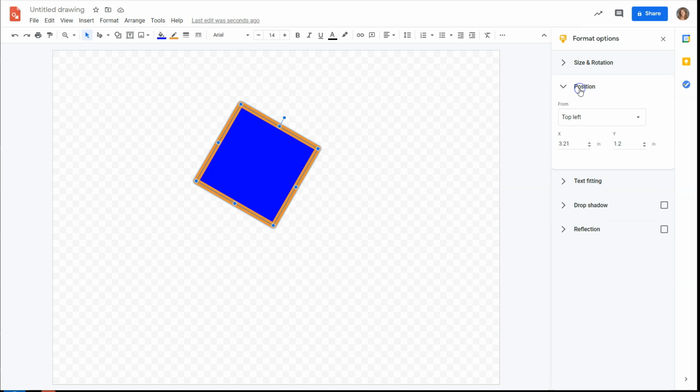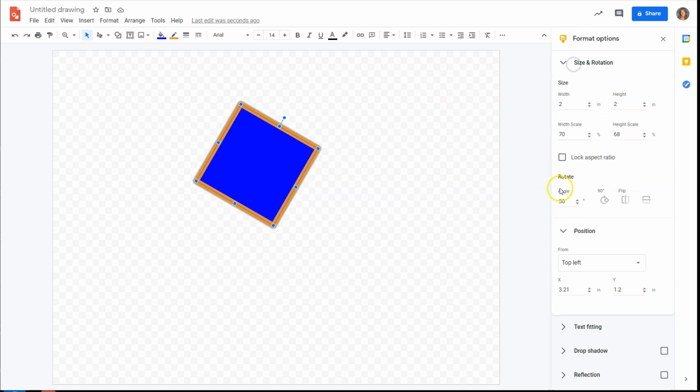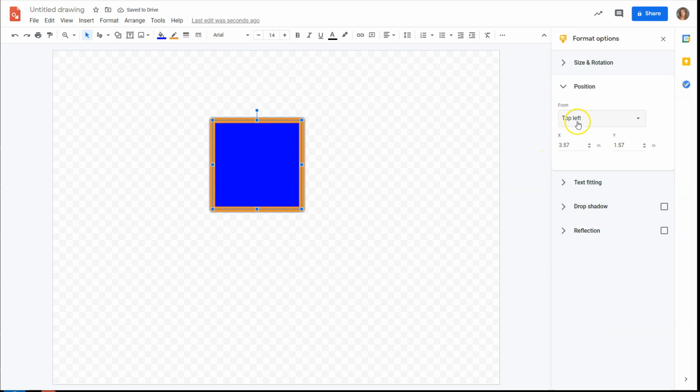Okay, so then position, you can change where you want this to go. Now, let's put this back at a 0-degree angle, and I want to make sure that you understand how this is working. What it's doing here is it's going to resize it from the top left corner handle, okay? If you want to choose it from the center, then it will center the object from the center point of this object. So I'm going to switch back to the top left, and I can say that the X position,